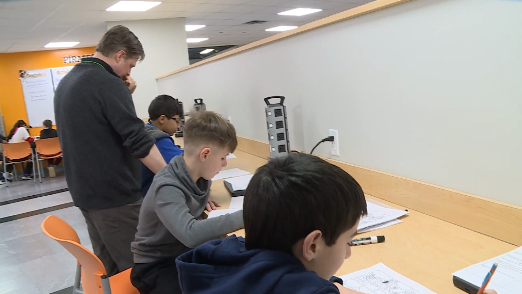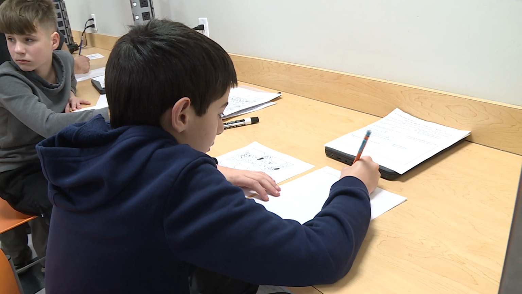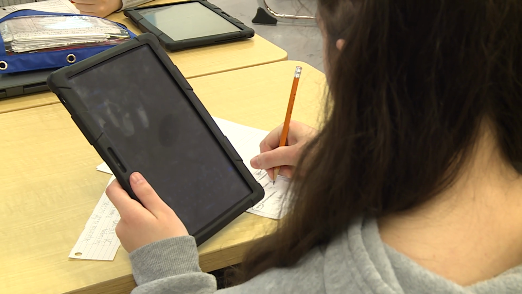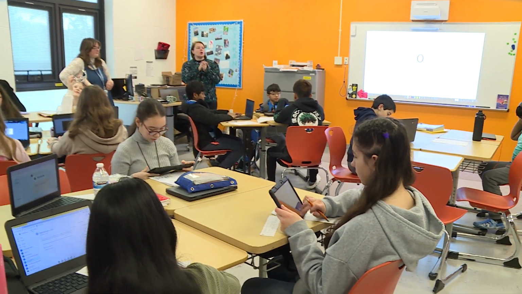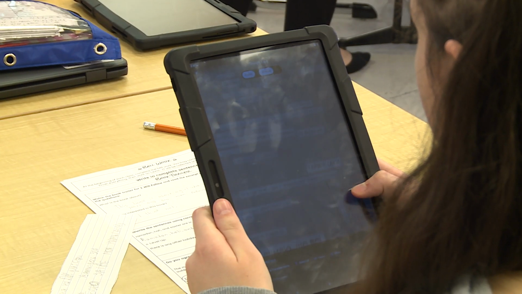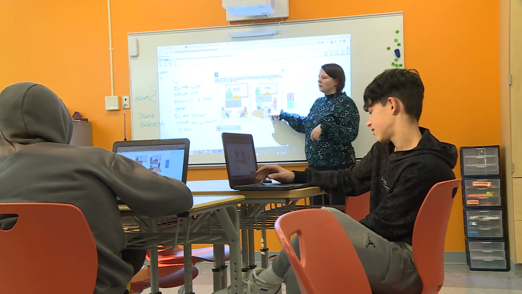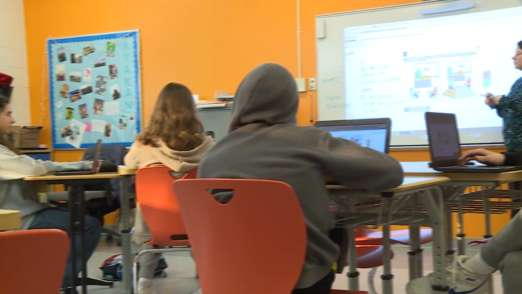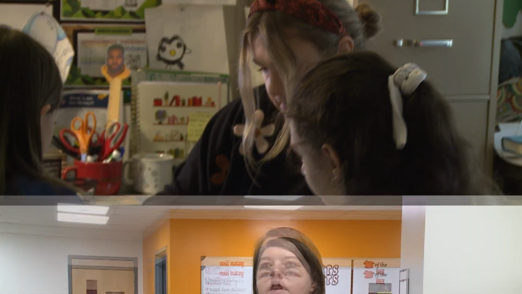So we do a lot of activities with just going back to paper and pencil so that they can kind of help understand, okay, now is the time to use my English and focus on using the skills that I do have. And then, okay, when I'm stuck, then I can go to the translator and maybe look up a word or two. The students that come here are hardworking and they're dedicated. And we just see so much growth in such a short period of time.